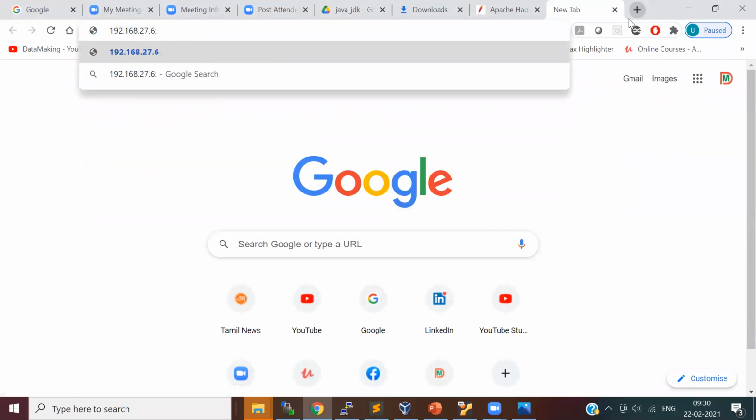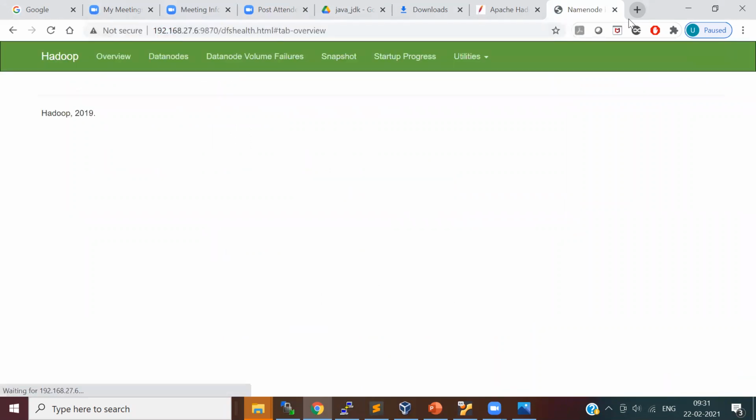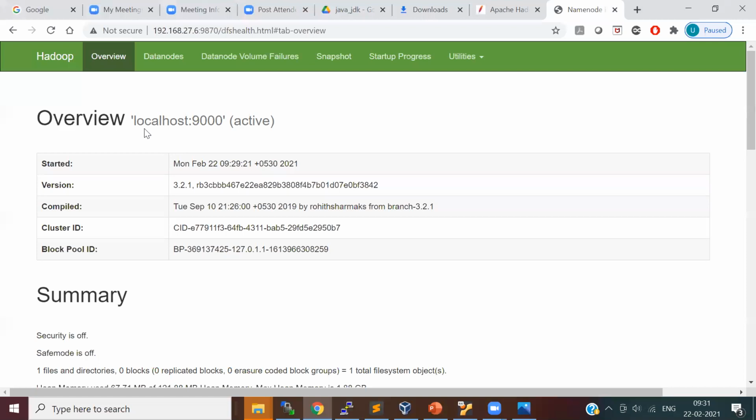Like 192.168.6, right? And the default port number for the name node web UI is 9870. See, there are two types of ports. One is the RPC port, on which you connect to the particular process to communicate through a program.